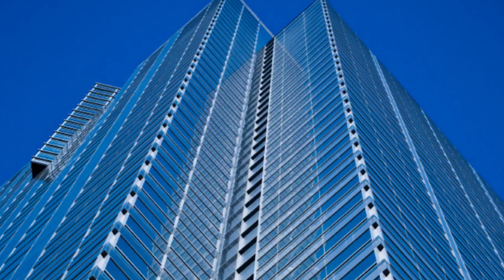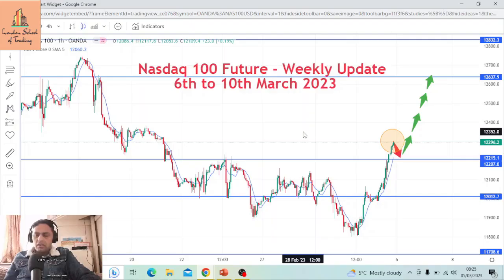In order to make our decision, we need to consider the chart. Next thing is that we need to know what type of data are going to be released, and next one is the market sentiment or the traders sentiments. These are three things that need to be analyzed before entering into the market. So today I'm going to analyze these three things, and based on these three things I will predict for